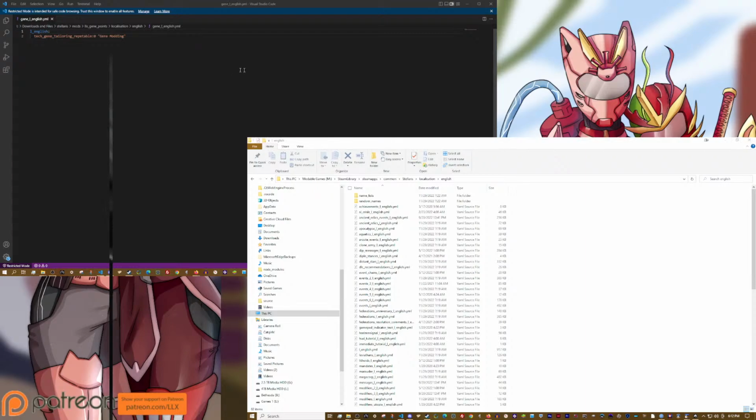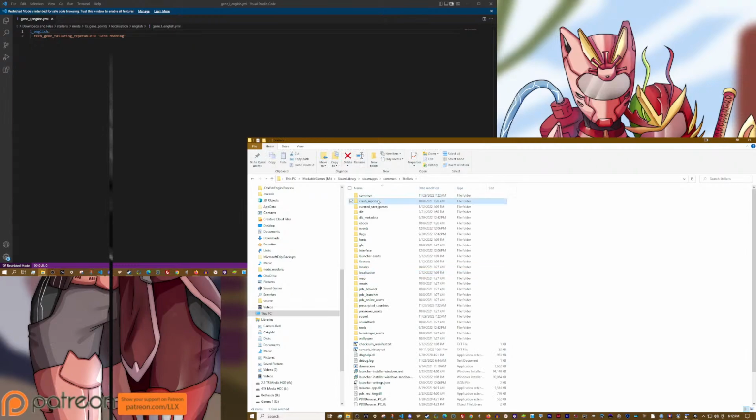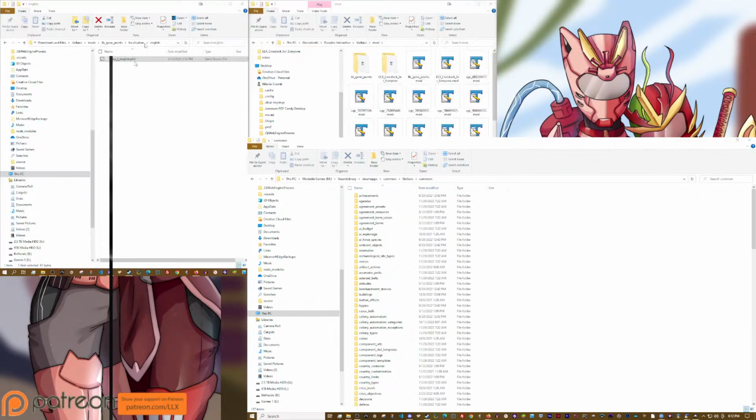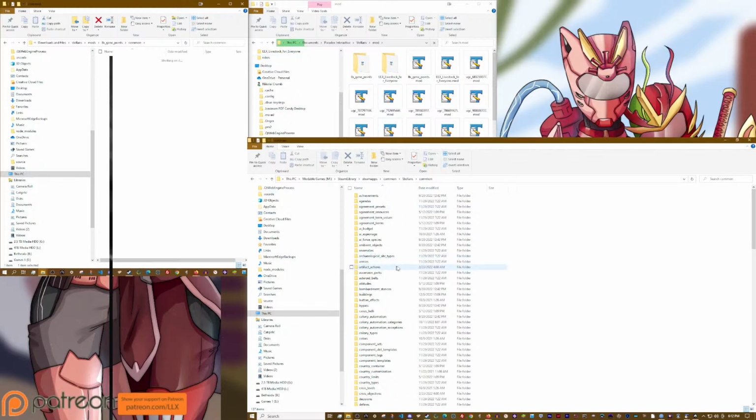That might actually be fine. It's just talking about the tech to enable. So I don't think I need that. I can go back to common. I need to worry about the localization. I don't think that's going to break with a new update. That's just how to name the files, name the objects. So let's go take a look at technology and see